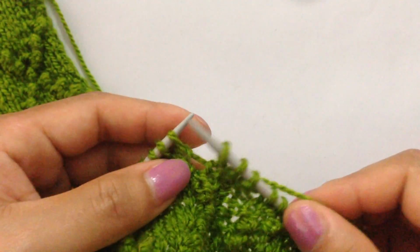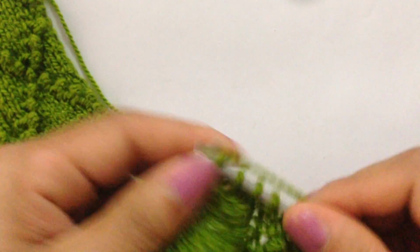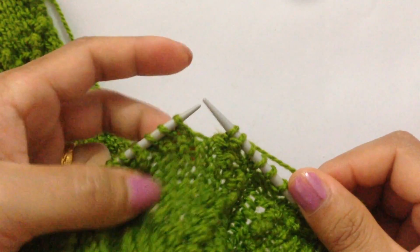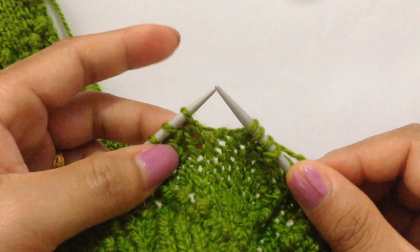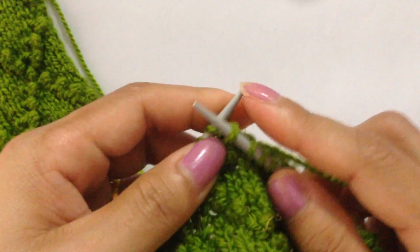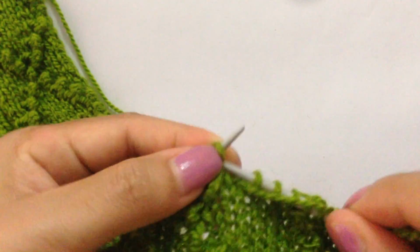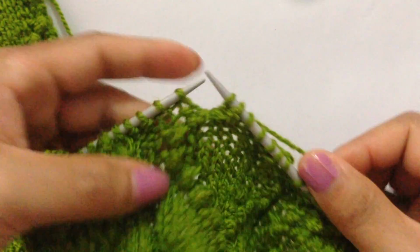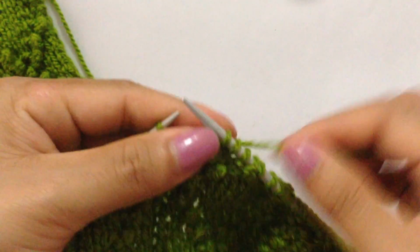Knit 2, 1 2 and make a small bubble, and we're going to knit 2 in between, 1 2 and we're going to make another bubble, and we knit 2, 1 2 and purl 2,